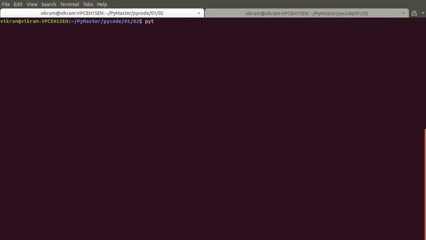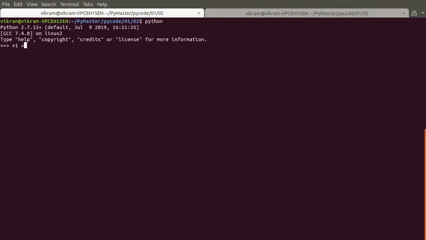In version 2 we can use raw input to get string value. So if I use raw input to get name of a person, then I can use like this. If I give a name Ram, then Ram will be stored in v1. But if I try to get a string input through input function, then it will throw me an error.